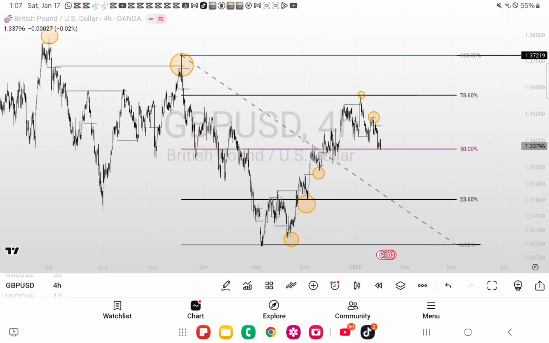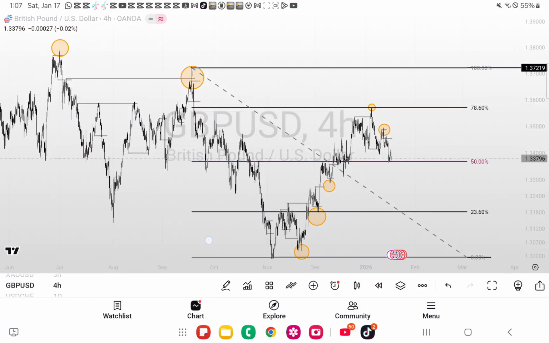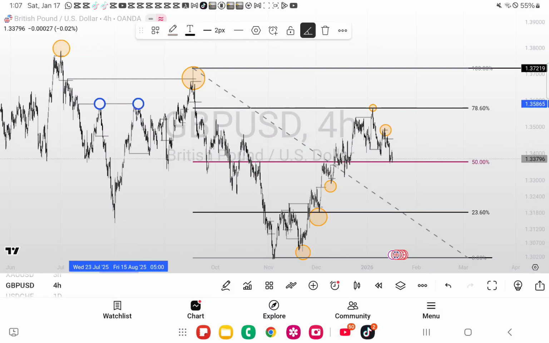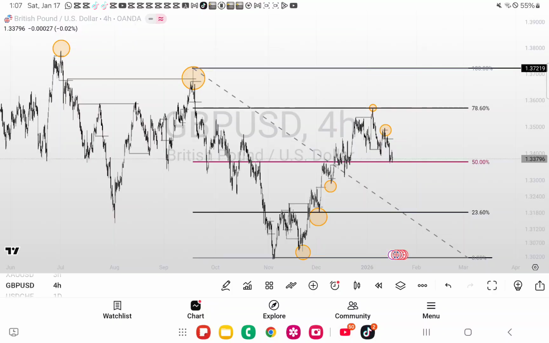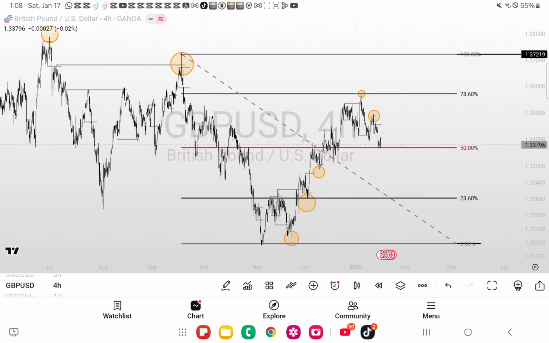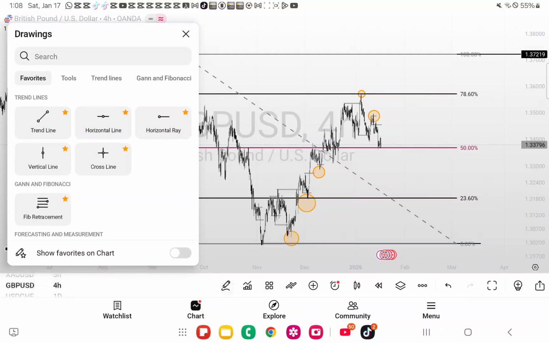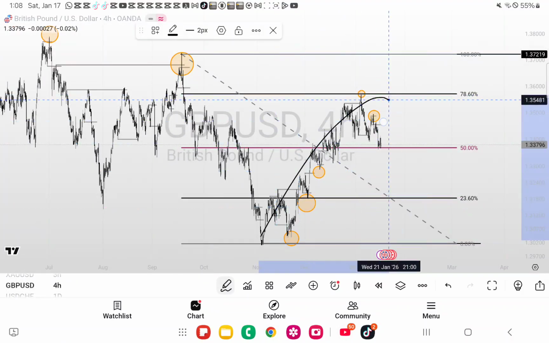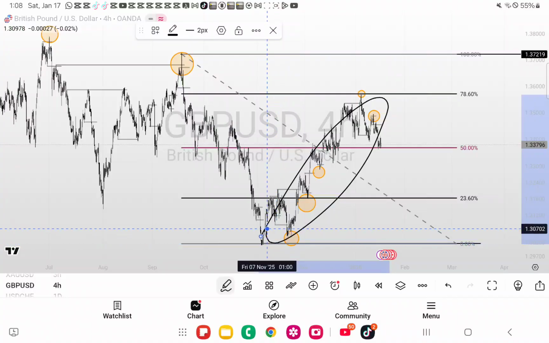This was a clean downtrend. We have this high, this is the first high. Price formed some internal structures, and after that, price pushed back and collected all those internal structures and dropped again to the downside. This is the main high, and this is the low of that structure. All this move is a correction phase, as you can see. Price has tapped into the